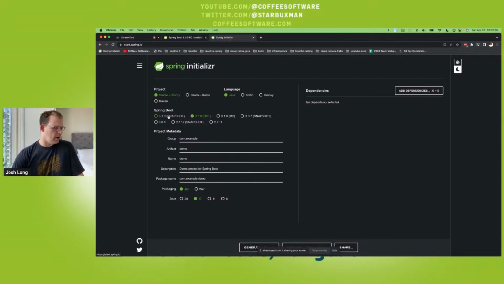It doesn't matter what you choose, but make sure you choose 3.1.0. You can choose Snapshot. Right now, I'm recording this, as I said, on the 23rd of April, 2023. So if you're watching this 2 weeks hence, there might be a lot of different things, things that might have evolved to respond to feedback or whatever, and you might want to get 3.1.0 Snapshot. But for our purposes,